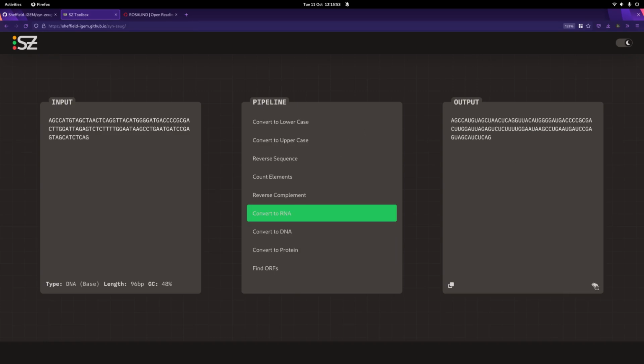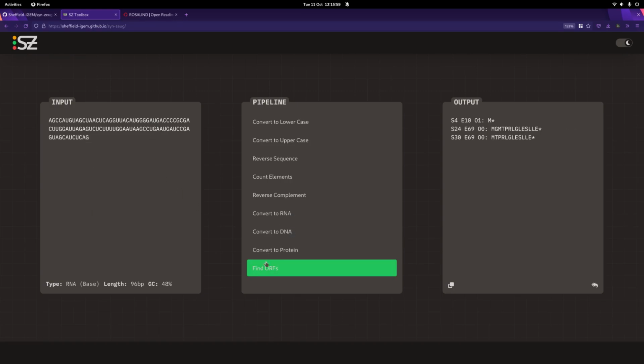We can press this button to shuffle it back to the beginning. Now we have our RNA base with all of our U's here. Now we can say, let's find some open reading frames, and it'll give us a list of the open reading frames it detects. It'll detect one starting at position 4, ending at position 10, and this is the offset, so this is offset by 1. You can think of that as the reading frame. So these are both proteins in frame 0, these are proteins in frame 1, and it can detect those 3